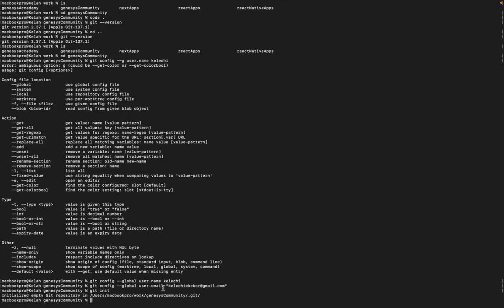If you see, I just did git init, and when I clicked enter, it says initialized empty Git repository. Now it has initialized an empty Git repository in my project. For us to see that, whenever Git initializes an empty Git repository, it makes it hidden because it doesn't want you to have access to it by default, because there are some configurations that Git wouldn't naturally want anyone to tamper with